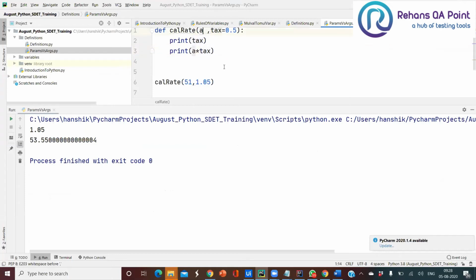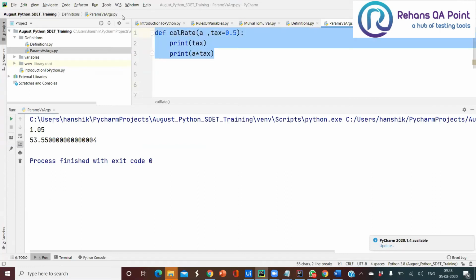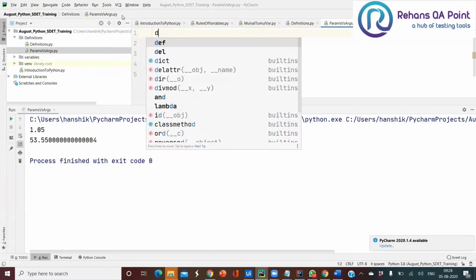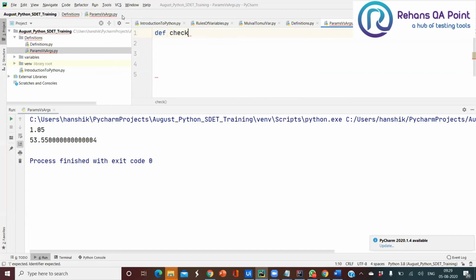Now let me modify this method a little bit, or I'll write a new method. So def check. Now I'm going to keep it as star args here. I'm still going to make my tax amount equal to 0.5. I still stick to this one.